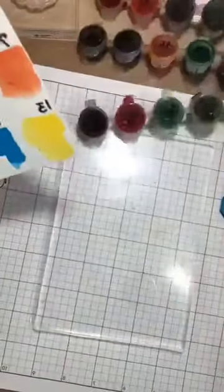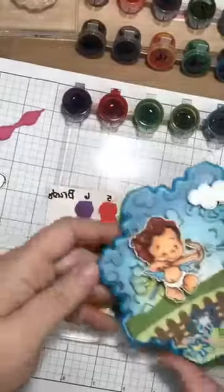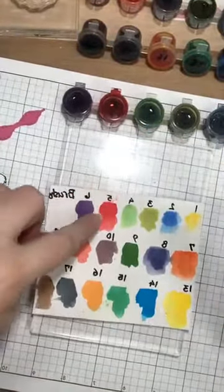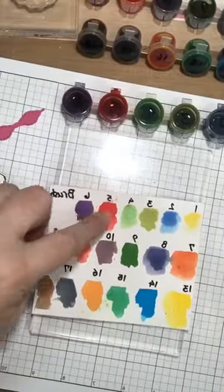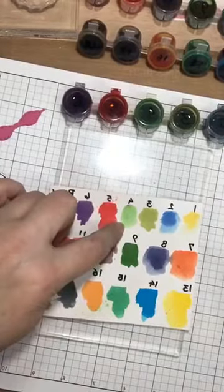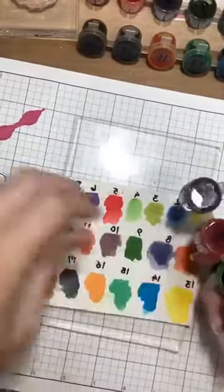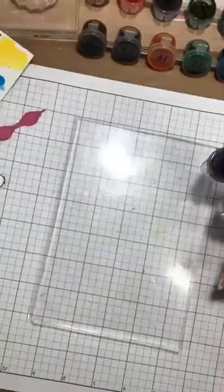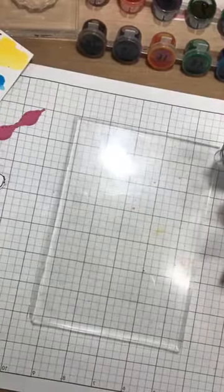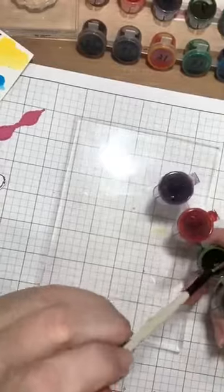What I want to do is, this guy was mostly blue, but this card is pink. So I want a little bit of the green because I know I'm going to put green in the background for the landscape. Let's do 4. And I have one of these fan brushes. Okay. So we're just going to,